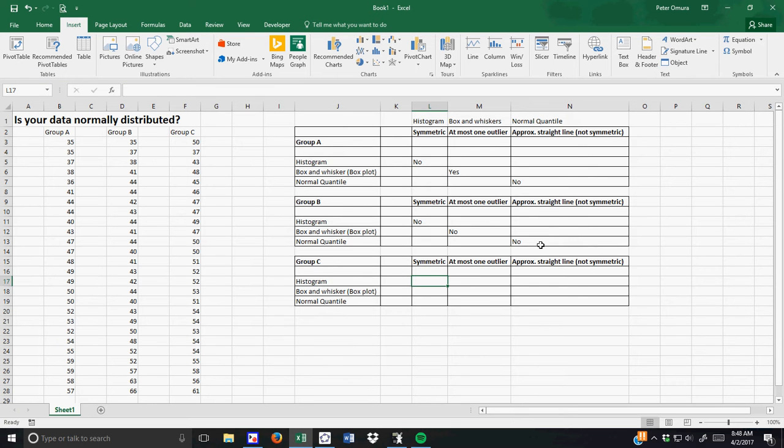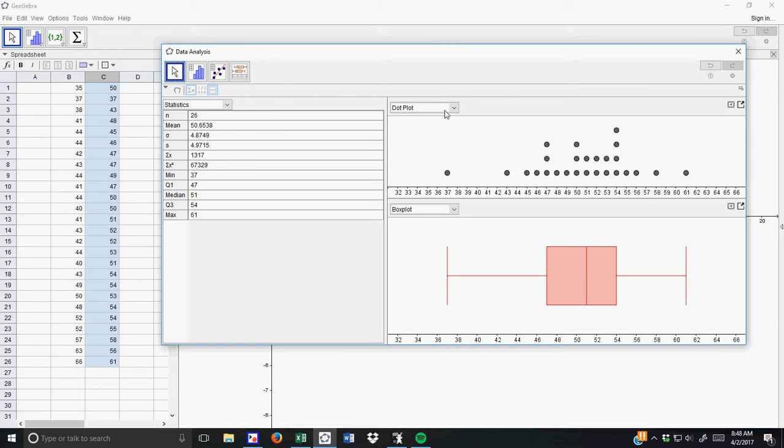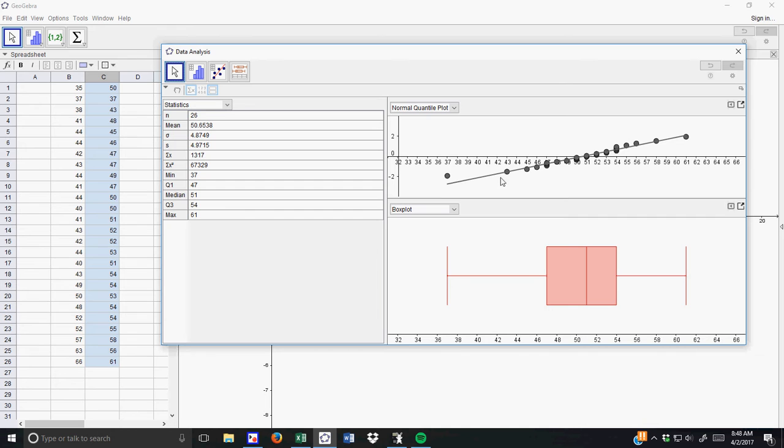Is it symmetric? Yeah, it's fairly symmetric. Does it have any outliers? It doesn't have any outliers, so that's still good. And I'm going to take a look at the normal quantile plot. It should look like a straight line, and that is pretty much a straight line. It's not completely symmetric, but it is fairly like a straight line. So we're in good shape, which means if I want to find the actual standard deviation, or if I want